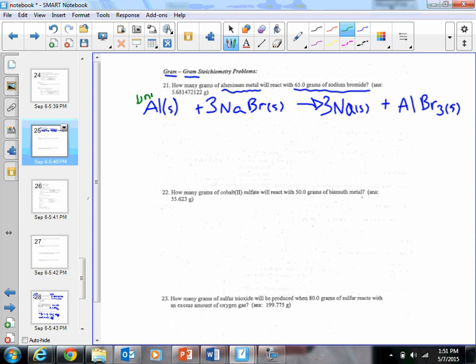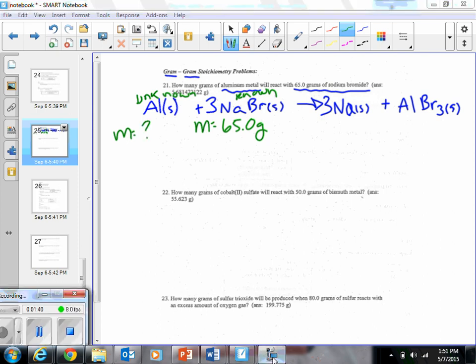So I'm solving for this. That's my unknown, the aluminum, and the one that I'm given information for is the sodium bromide. So this is my known, and the mass is 65 grams. I'm looking for the mass of aluminum. Okay,